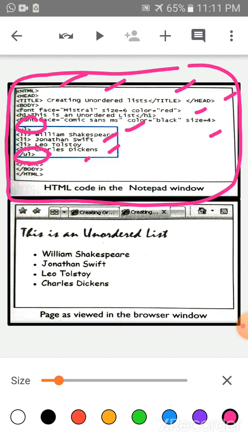If you mention the type attribute, then the square bullet or hollow bullet will come. If you are not writing anything, by default it will show disk, means solid bullets will come.